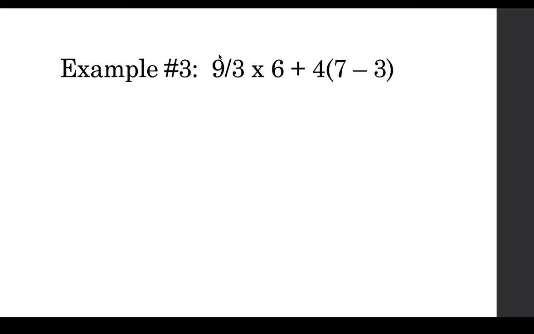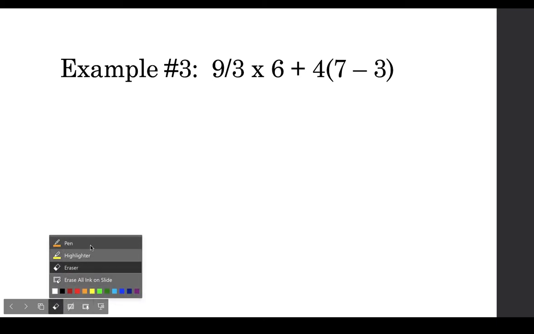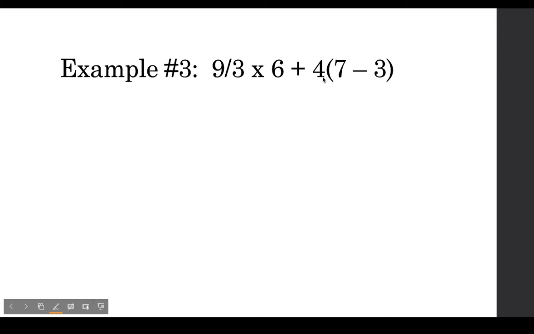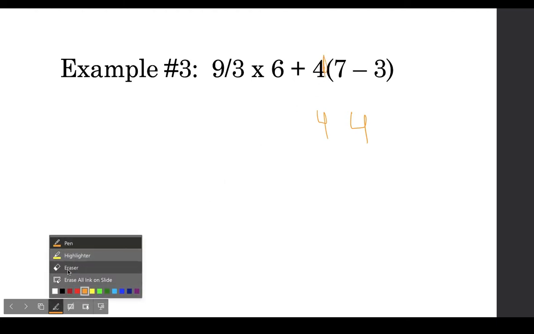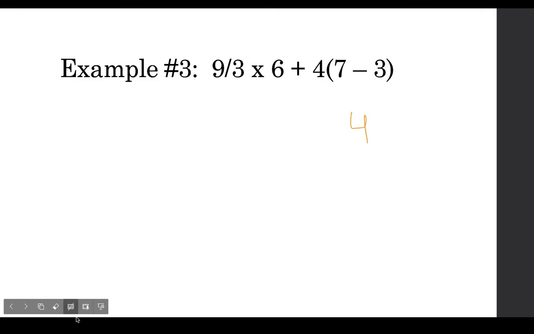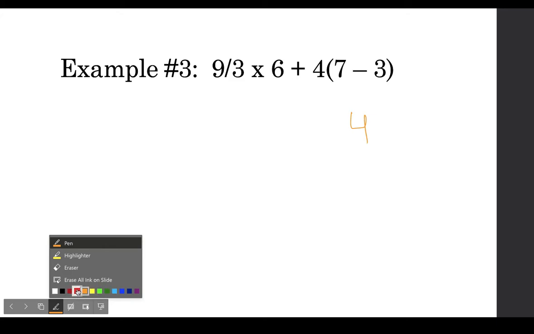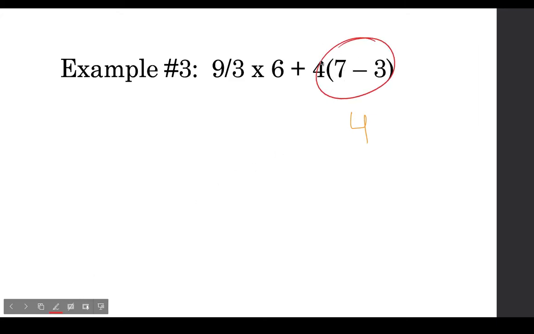Example number 3. 9 divided by 3 times 6 plus 4 parentheses 7 minus 3. 7 minus 3 is equal to 4. Then we have a 4 right next to it, so that's probably going to be multiplication. Anyway, we have a 4, because that's our answer from the previous. Now we have this. So let's solve, following